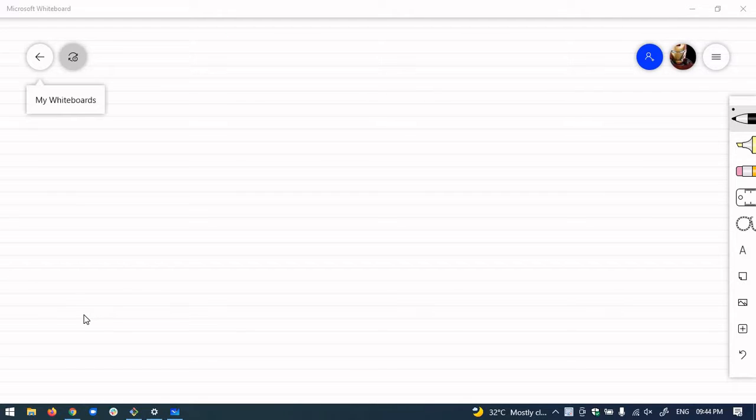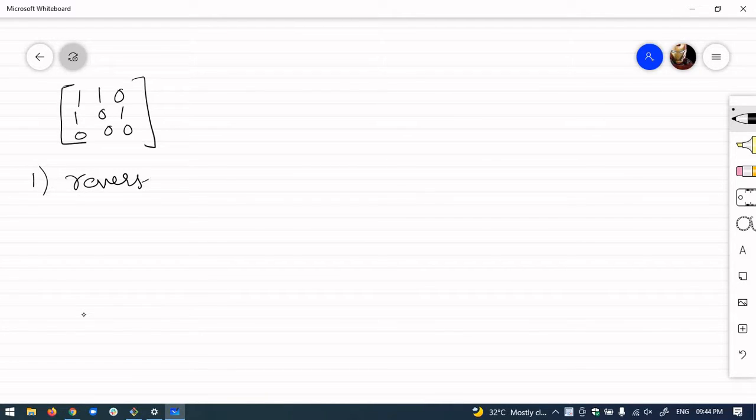So we'll start with the logic. Let's create a matrix here. It is 1 1 0, 1 0 1, and 0 0 0. The naive approach would be to reverse each row one by one.